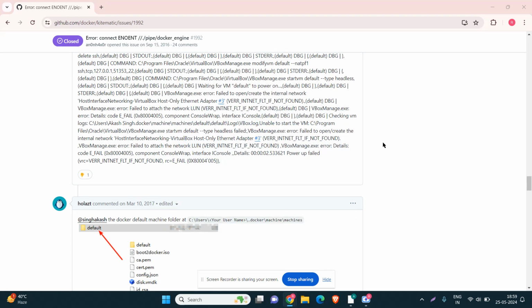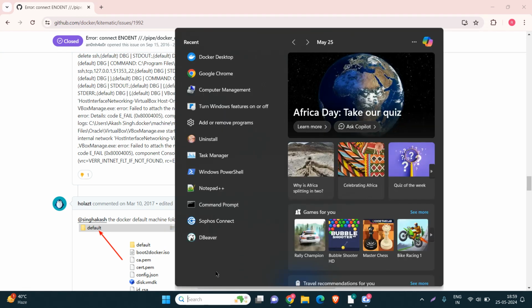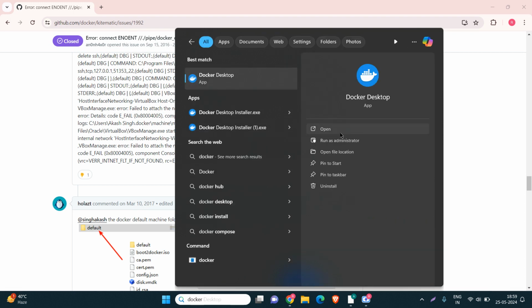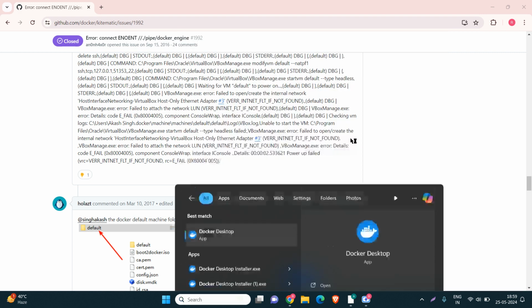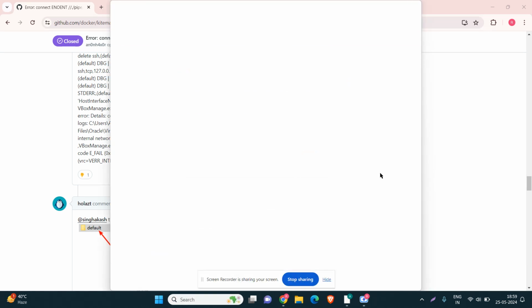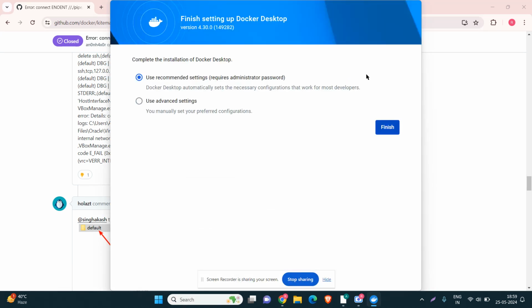It's just a silly resolution. Just search for the Docker extra and run it as an administrator. And there you go. So this is the only resolution which you